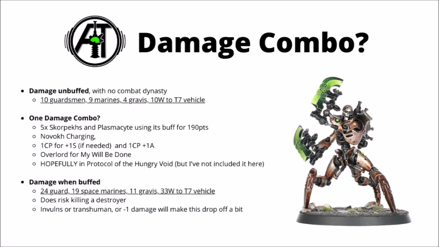Say for example, if we had a squad of 5 Skorpekh destroyers, 4 with threshers and 1 with the reap blades. In normal circumstances, with no combat dynasty or anything else going on, you kill around about 10 guardsmen, 9 space marines, 4 gravis marines, or do around 10 wounds to a toughness 7 vehicle. It is quite funny that they go through space marines almost as easily as guardsmen. The only difference is that space marines get a 6+ save against the threshers. To be honest, this isn't really too bad for 175 points worth of a unit, but it can get significantly